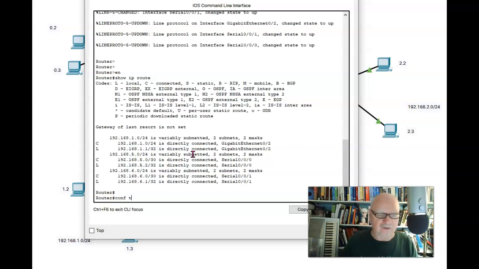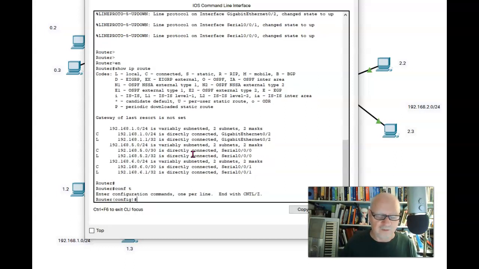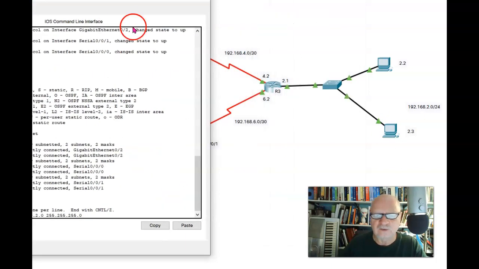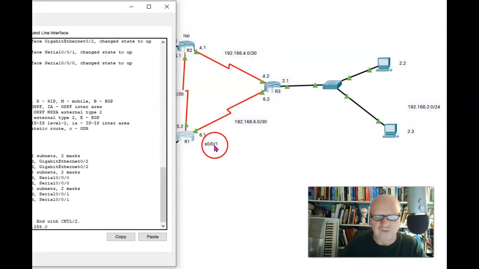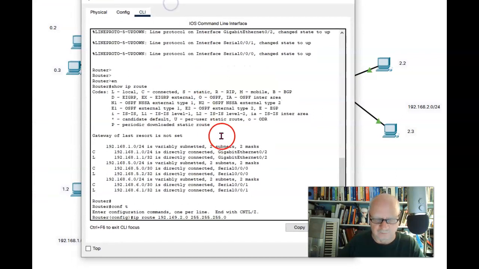So first we need to get into configure terminal, and then we'll type the command ip route 192.168.2.0, and the network mask is 255.255.255.0. It's a /24, and we need to send that traffic out of S001.